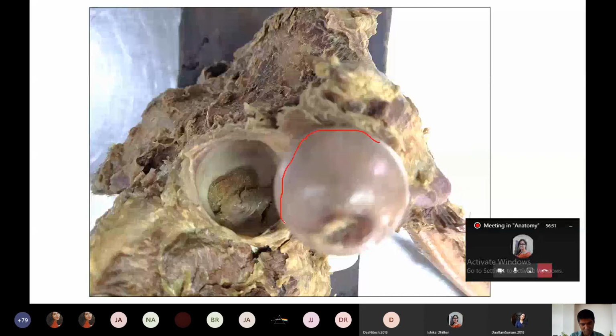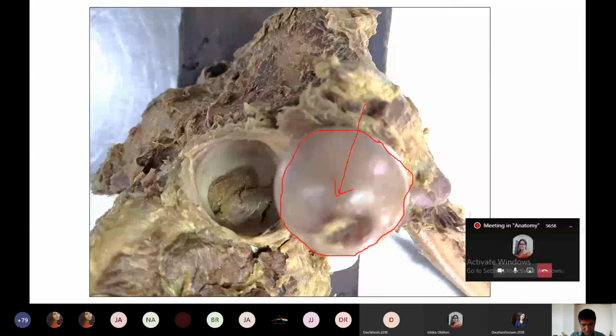I only suspect that you may write this is the head of the humerus. Sometimes it may be confusing in the photographs. The head of the humerus I will show you in the next week's revision class. So you have to compare how they appear, and you should avoid confusion in the identification. So this one is the head of the femur.